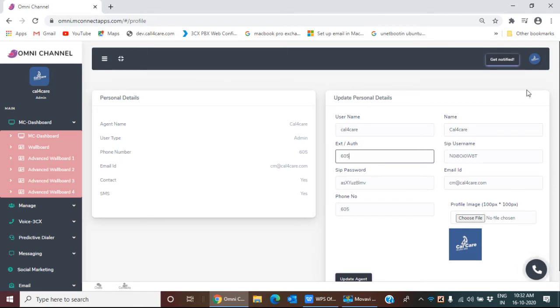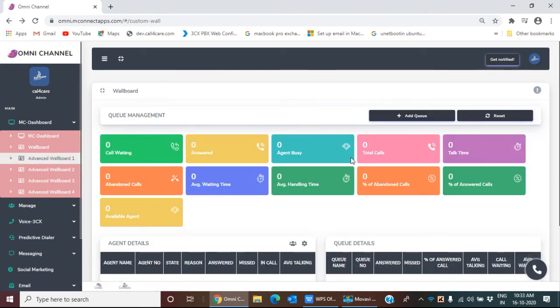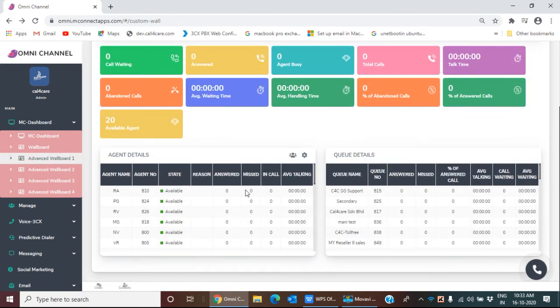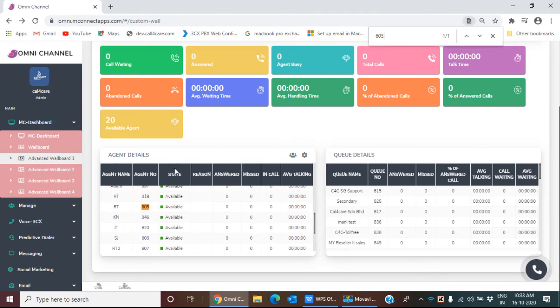I'm in the available status. You can see the green icon over there. Now I want to log out of the queue.